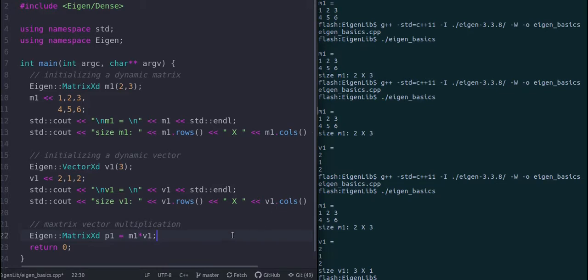Again, for this matrix and vector, inside the Eigen library, this star operator is overloaded. So, it identifies that whenever I have this star symbol between a matrix and a vector, I have to perform matrix vector multiplication and not a regular element by element multiplication. Okay. So, we have the product P1 now,